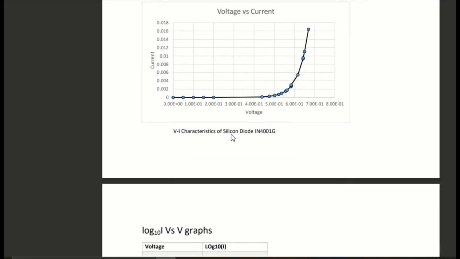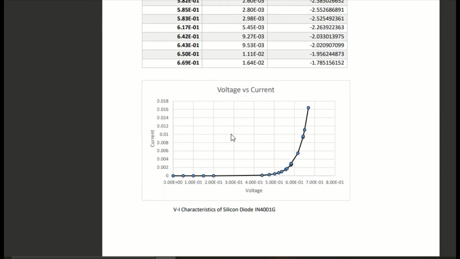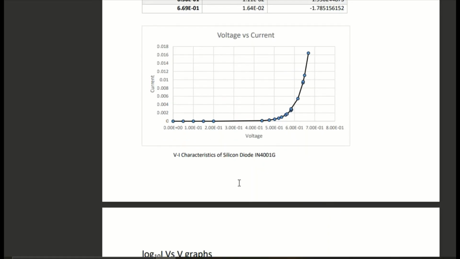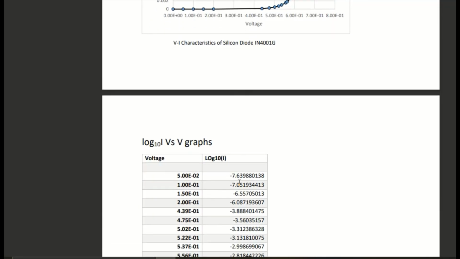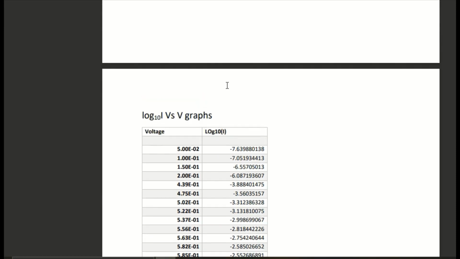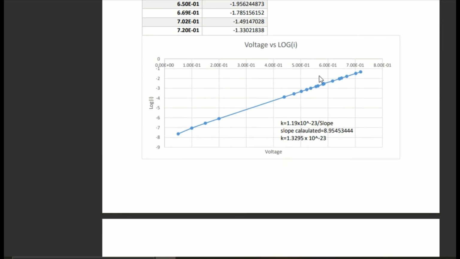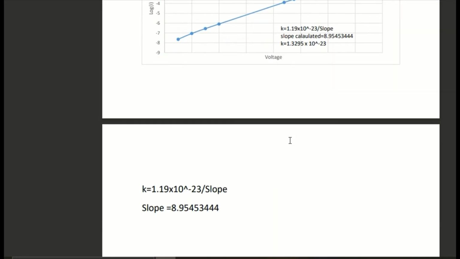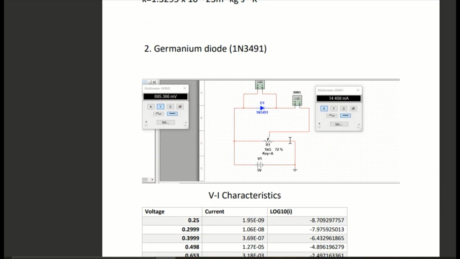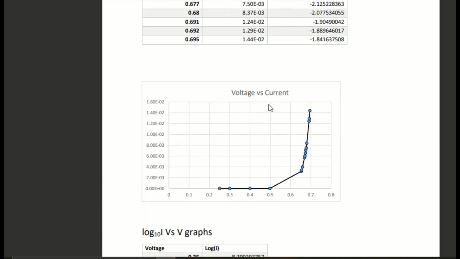of the silicon diode. For determining the k value of the Boltzmann constant, we are going to plot the graph between log of I versus V. Taking the previous values of log I and the voltage, we get a declining graph like this, where we can take the slope and determine the value of the Boltzmann constant. Similarly, we apply this experiment for the germanium diode by replacing the diode here and applying the same concept,